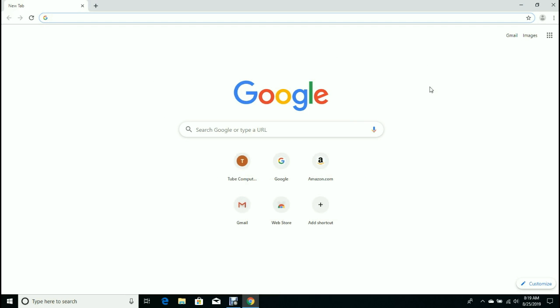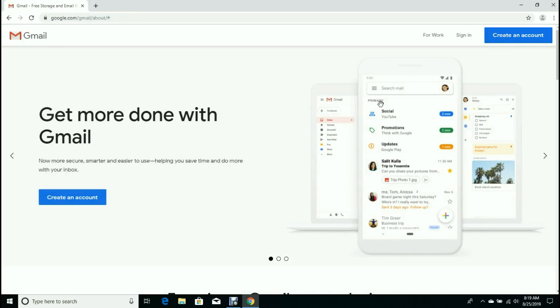it looks just like this if you go to google.com. Right up here you're going to see Gmail. If you click on that once, it's going to prompt you to create an account. So we're just going to click on that once,